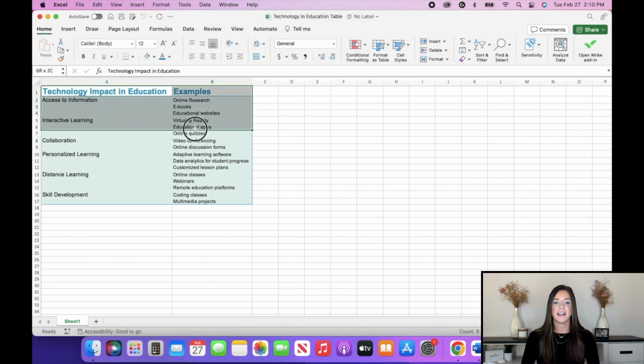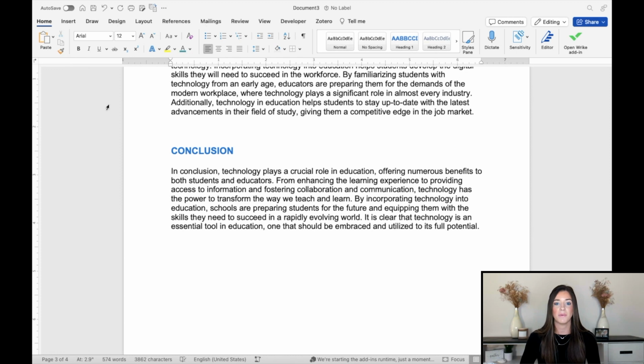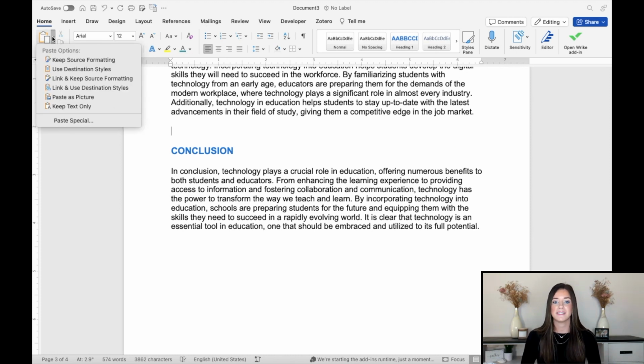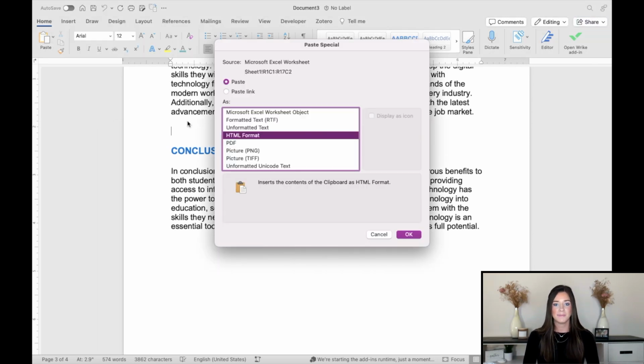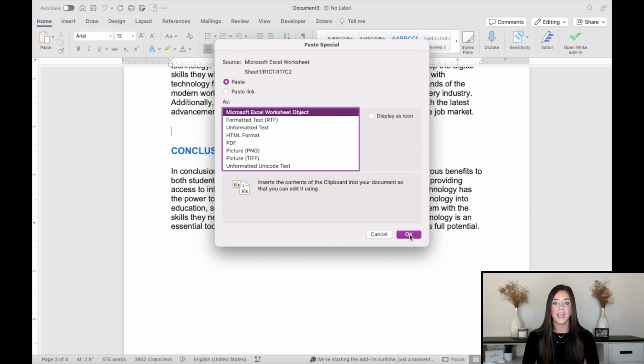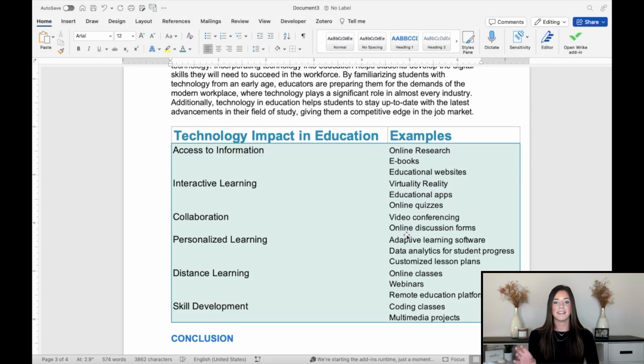I'll take the text that I want to put into my Word document and copy it. But instead of just pasting it into my Word document, I want to paste special. In the top left-hand corner, you'll see all of your paste options. Go down to paste special, and we want to choose to put in this Microsoft object. When I click on that and then press OK, it'll put that text from my Excel spreadsheet into my Word